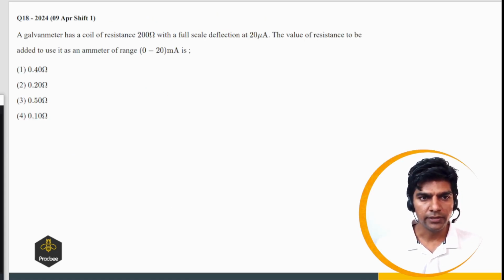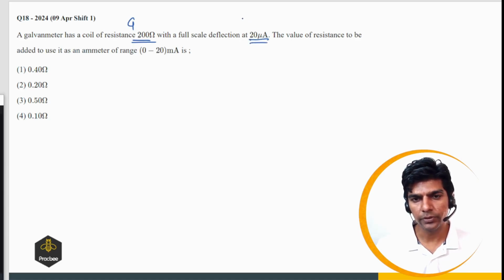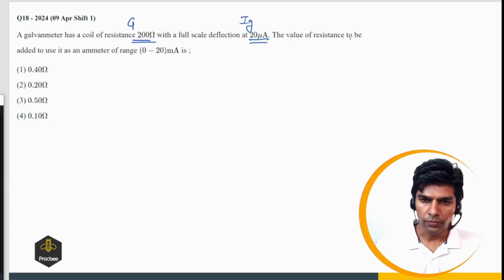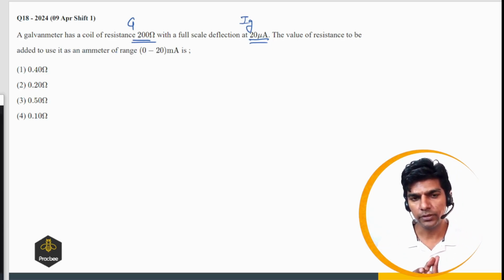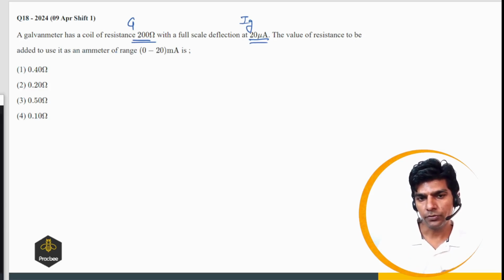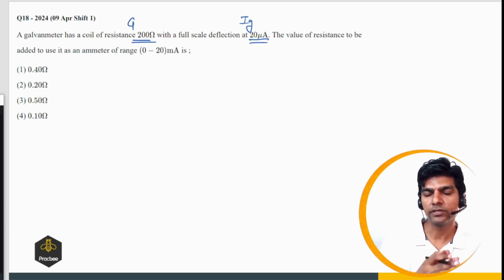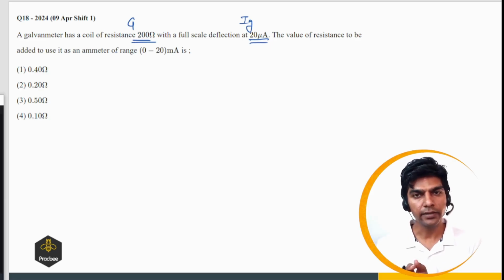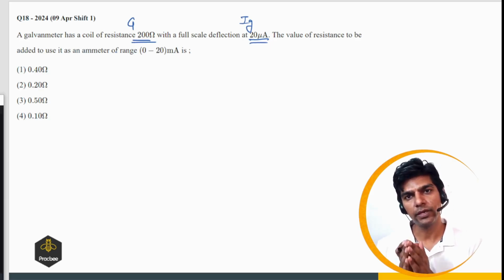A galvanometer has a coil of resistance 200 ohms. So G, this is G. With a full scale deflection current is 220 microampere. So that is Ig. The value of the resistance to be added to use it as an ammeter. So we want to form an ammeter which can measure from 0 to 20 milliampere. So when it is measuring 20 milliampere, at that instant the current in the galvanometer will be full scale deflection